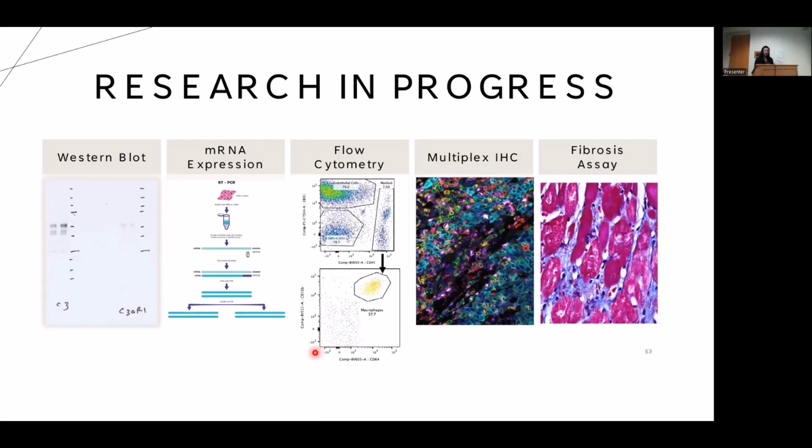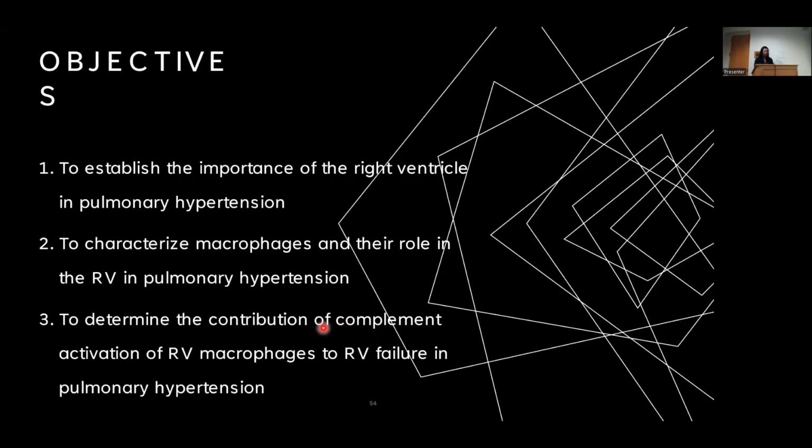So that's all currently in progress, and hopefully we'll have updates in the next several months about this new project in complement and right ventricular macrophages. So again, hopefully I have shown you the importance of the right ventricle in pulmonary hypertension, and I've shared with you what I know about how to characterize macrophages and their role in the right ventricle and pulmonary hypertension, and hopefully got you excited about this possible new direction of the contribution of complement activation of RV macrophages to right ventricular failure and pulmonary